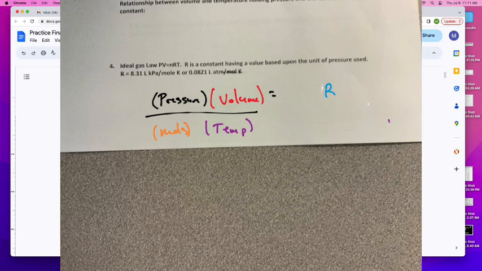Remember we talked about temperature, right? We said we only had to use Kelvin. We couldn't use Fahrenheit. We couldn't use Celsius. Why not? What happens to this relationship if you use Fahrenheit? I could get a negative temperature value. So if the temperature was positive, I'd get a positive R. If it was negative, I would get a negative R. Is that constant if I move between positive and negative? No, there's the issue. Right? So if we measure a temperature on an absolute system, this is where absolute zero is coming from, right? I don't have to worry about that negatives, and I get a standard constant all the way through. Pretty neat observation.